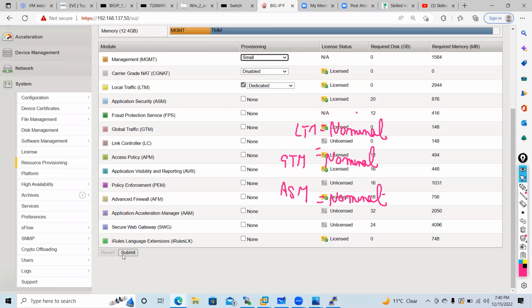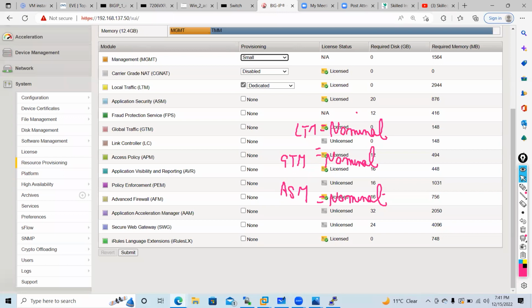So if you are going with nominal provisioning, how will the resources be allocated? When you select it here, you will see it is auto allocated by F5. You don't need to allocate. In nominal, when you enable a module, it will get the least amount of resources required. And if all modules are enabled, after that a module can get additional resources from the remaining. So it is auto allocated, depending on your resources, dynamically. Is there any way to do customization? No, sir.